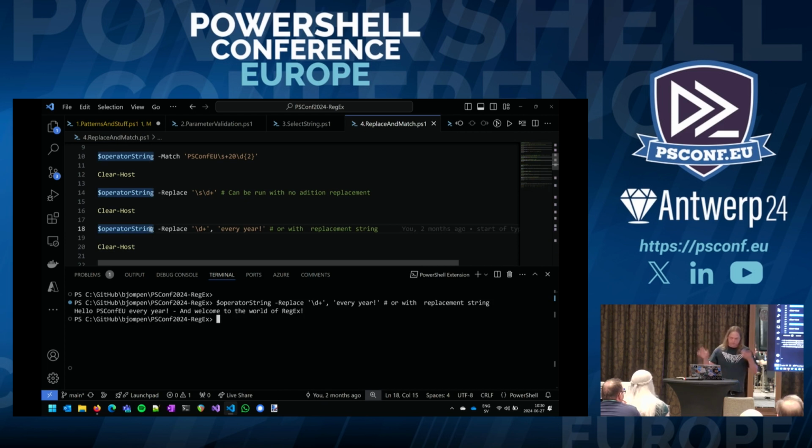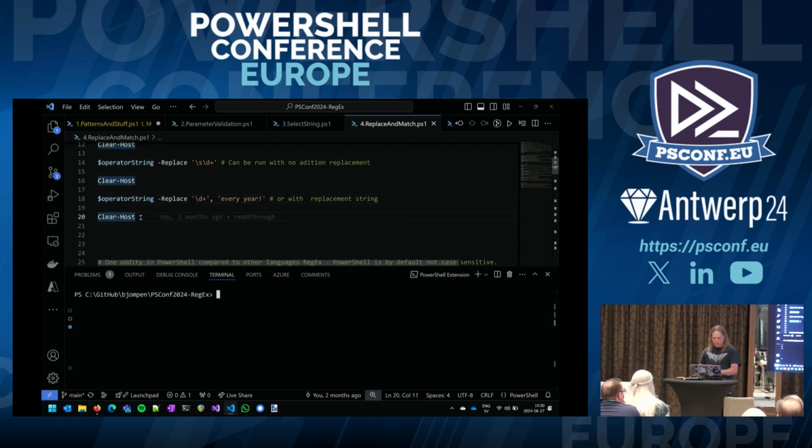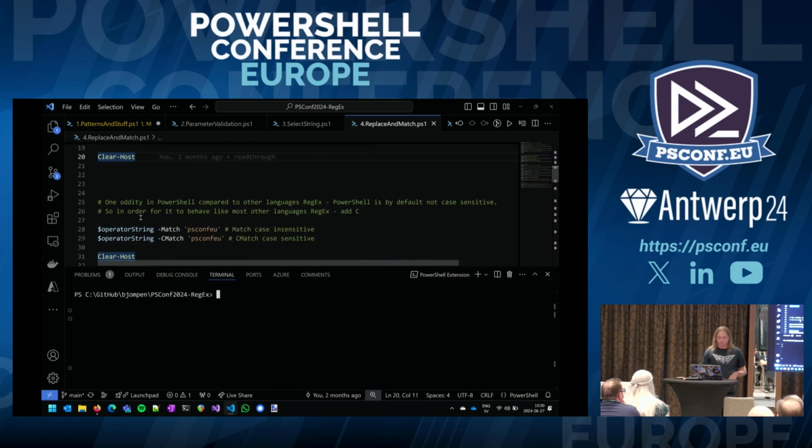It's quite simple, quite logical. They do exactly what you want and what you expect from them. But one of the quirkier things in PowerShell, that I find at least, and especially if you're coming from a different language, is that PowerShell is by default case insensitive, right? Most of us are quite used to this by now. Regex is by default not.